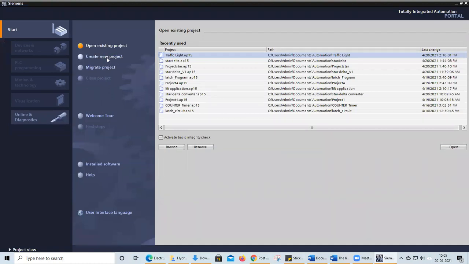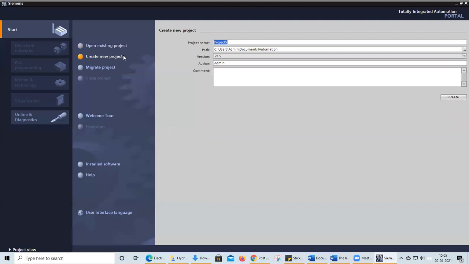Okay, as usual, create a new project, and today we will start with Star Delta. I'm creating this one.